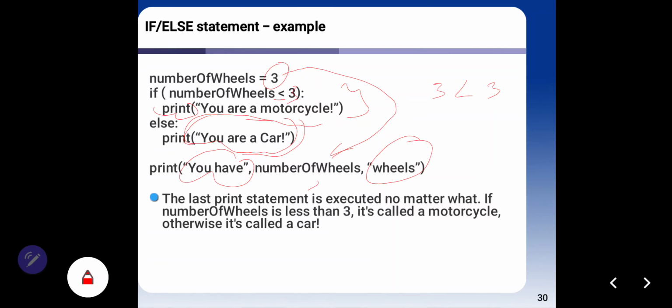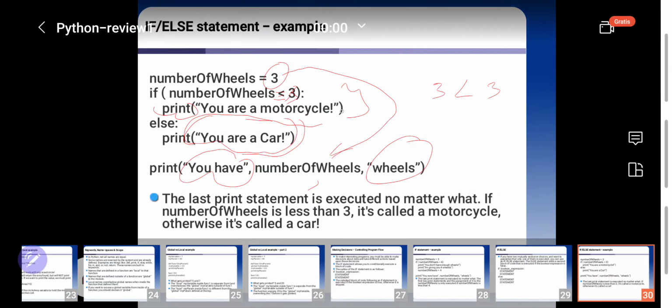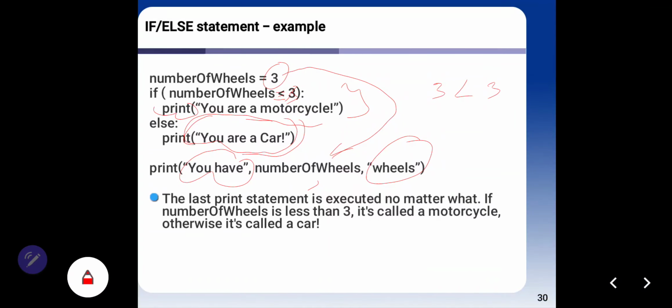Because the number of wheels equals 3, the statement that says number of wheels less than 3 is a different number. Except if you write number of wheels equal 3, then this block is true.